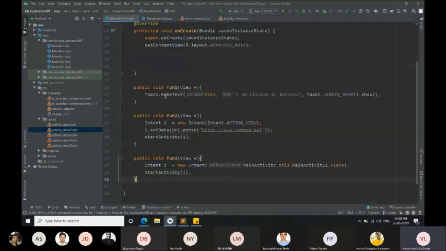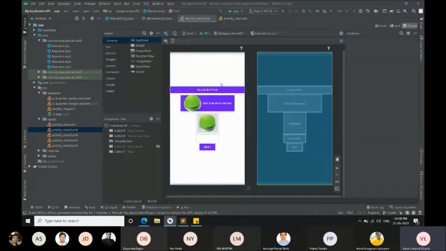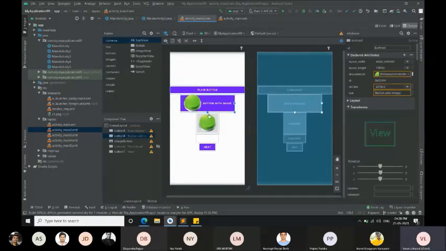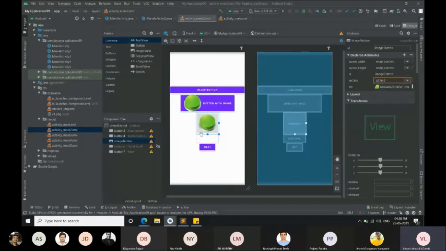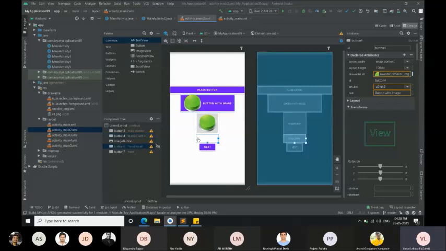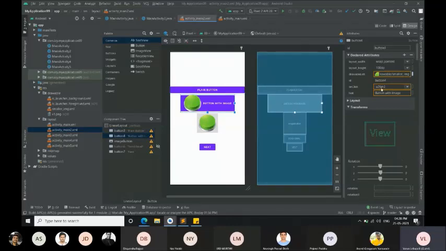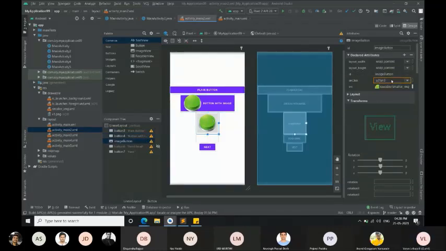Very simple. In the second screen, we saw these buttons: a plain button, an image button, a button that is completely only an image, and a button with an image. We saw there is one more button over here, but it is invisible: the send email button. And this is the next button. For every button, I have given the onClick functions over here, as you can see, what it should do on click. There is nothing much in this UI. You all already know this.